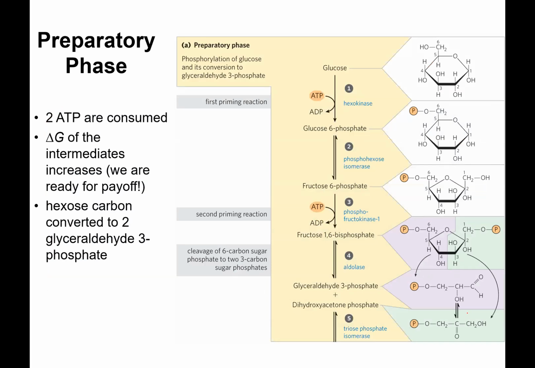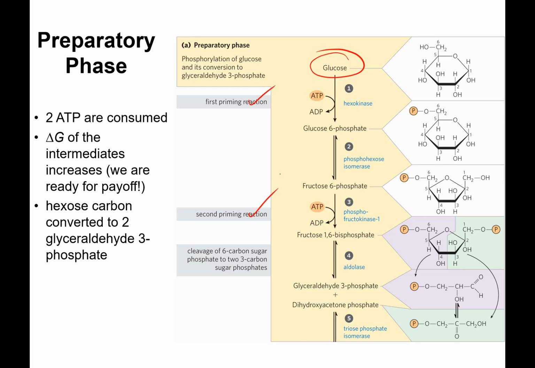Okay, so this is an overall look at the preparatory phase. And this has to do with what? Well, we're starting with a hexose carbon. Guess what? Better known as glucose. And we have what is known as a series of priming reactions. We are priming our molecule with